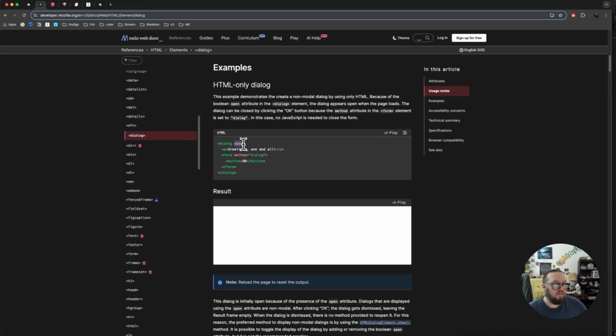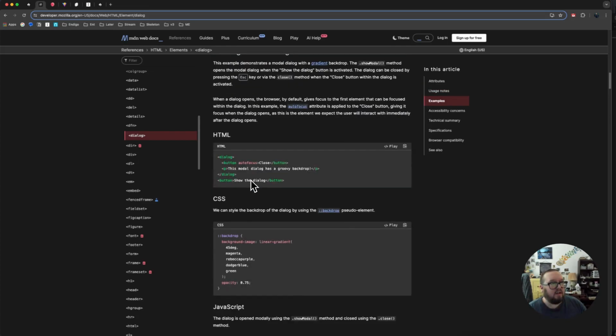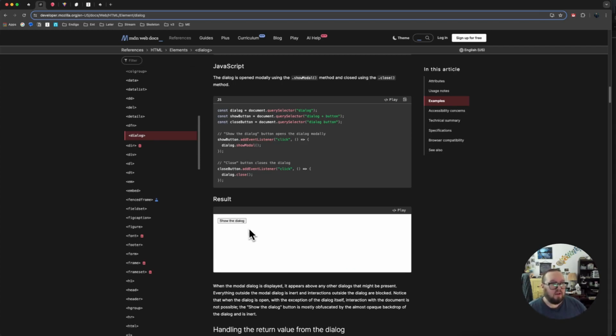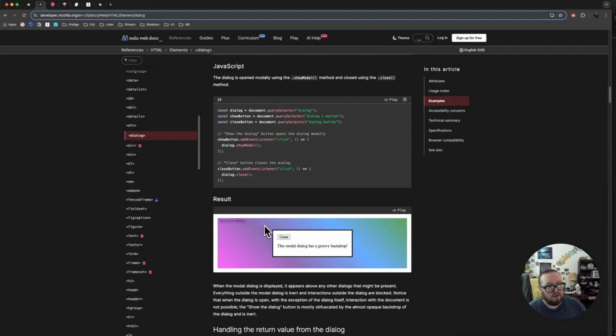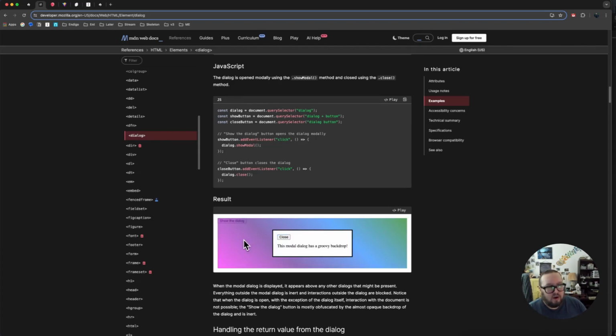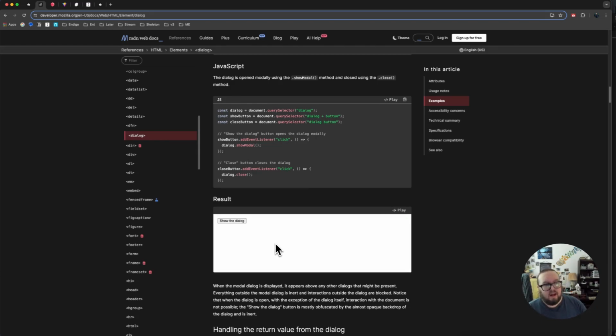You can set a default state. You can provide any kind of content within it, including buttons and form handlers to handle the close or open state. And then it displays that on the page. There's a backdrop that displays. It's very similar to what we have, just natively built in the browser. It supports some accessibility features, like if I hit escape on my keyboard, it will automatically close that. I think if you click on the backdrop, it doesn't close automatically, but again, they do pretty good